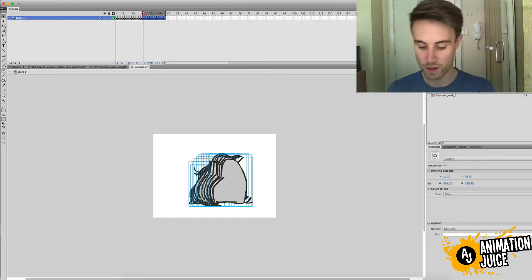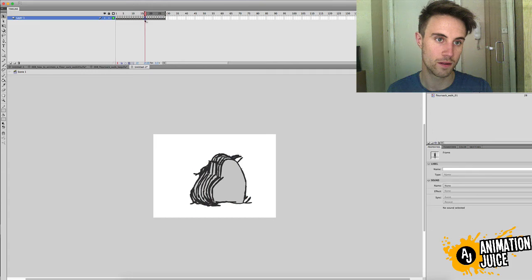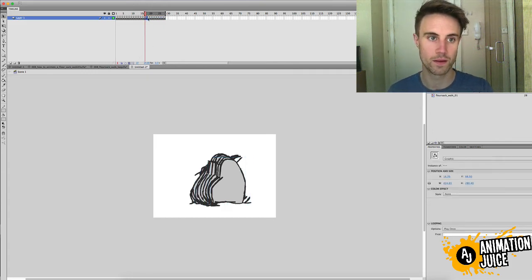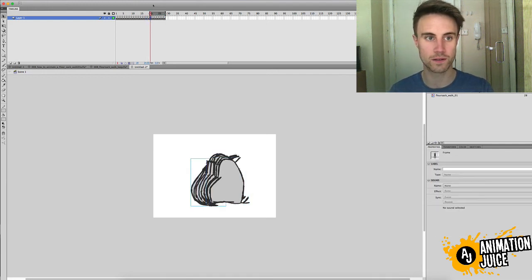each time, making sure I'm hitting Command A to select all, when all the frames are selected within the bracket because they turn blue, and then nudging them all back by 3 frames. This is probably the quick way to do it. So again, 1, 2, 3. And it's just a case of doing this until